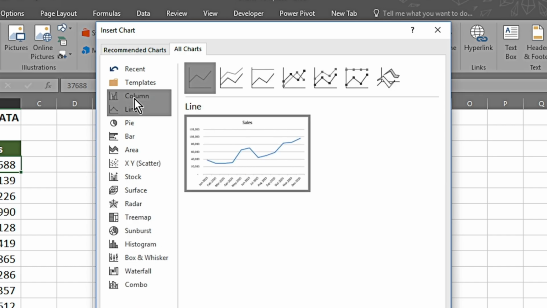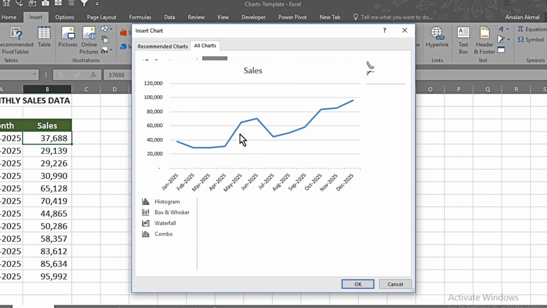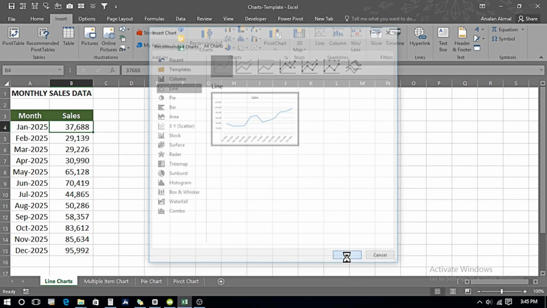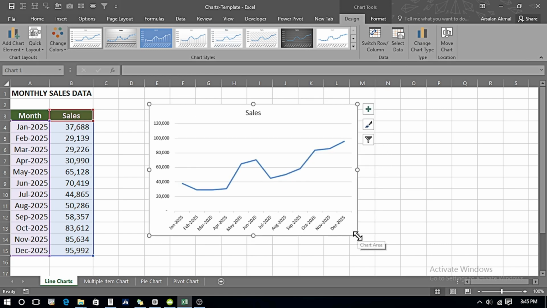But most of the time we can use column, line, pie, and bar charts. So we begin with the line chart. We select this, we press OK, and now we have the line chart for our data set. What was difficult to extract from this data set, we can easily see now in how our chart is performing. We have rough months here. April was low performing, the beginning of the year was low performing, then we peaked in between in June, and it is closing in December on a higher note.